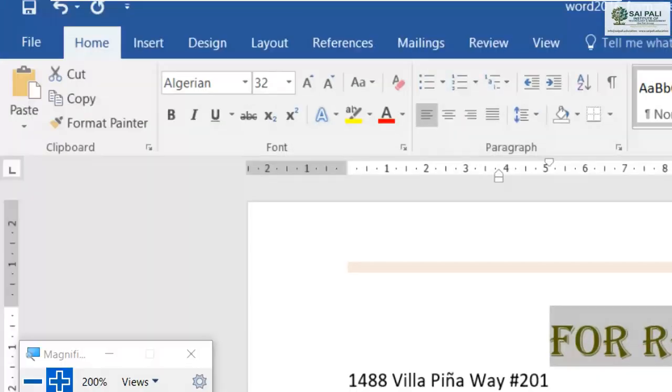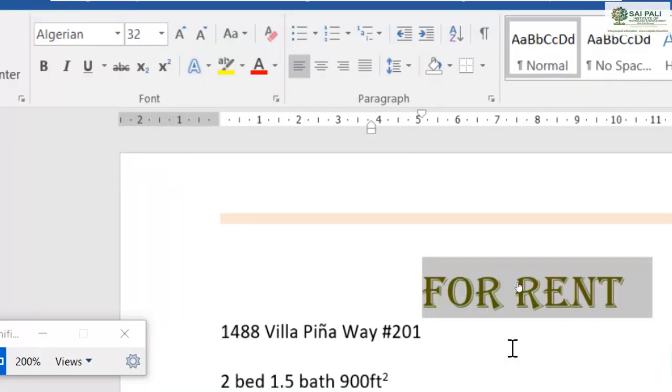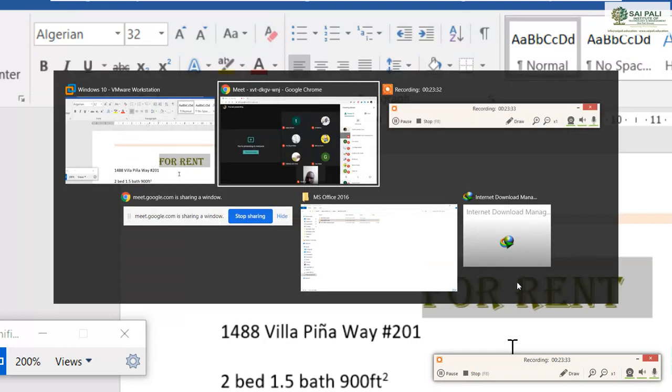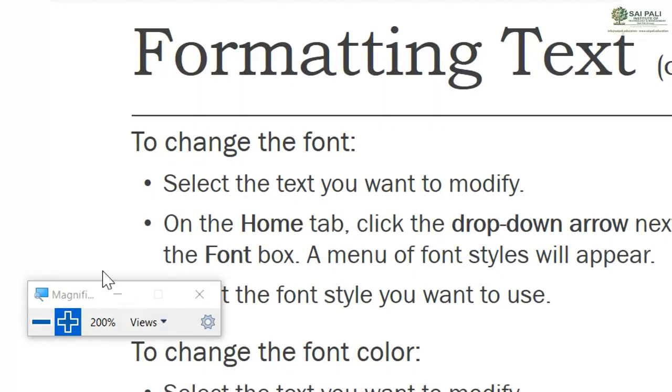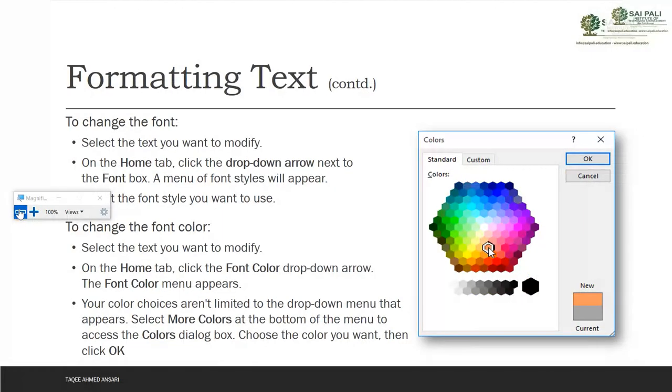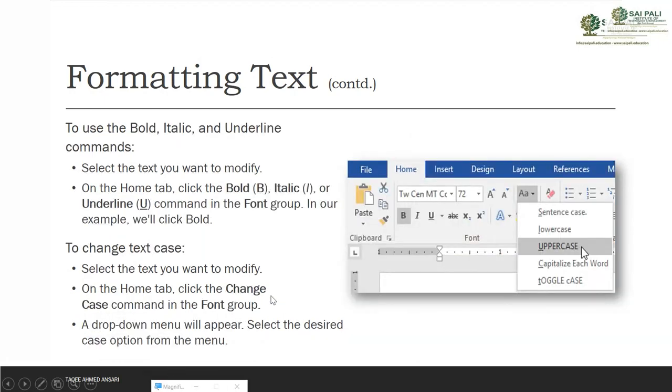So this is how you can change the color of your font. Next is to use the bold, italic or underline commands.